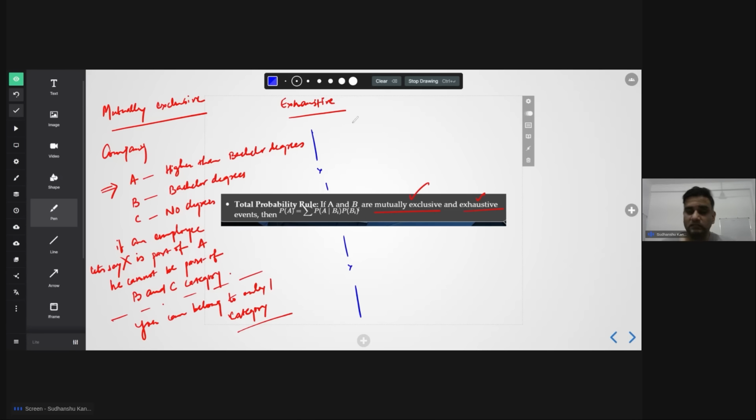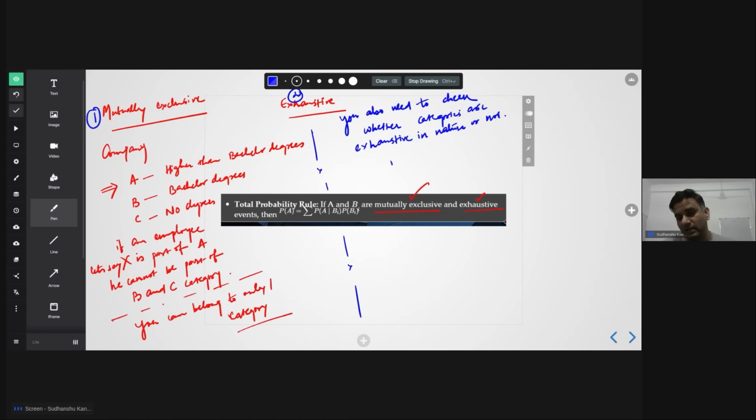When I say exhaustive, what it means is that you also need to check, if you want to apply your total probability law, if you want to apply total probability rule, you have to check for these two conditions, guys. Condition number one and condition number two. You also have to check whether categories which I have considered are exhaustive in nature or not. Okay. If that is the case, right? If that is the case, so when I say this exhaustive or not, basically I'm trying to tell you,